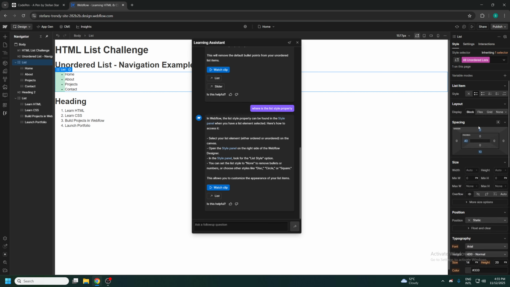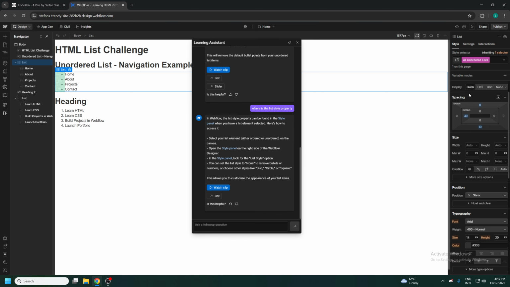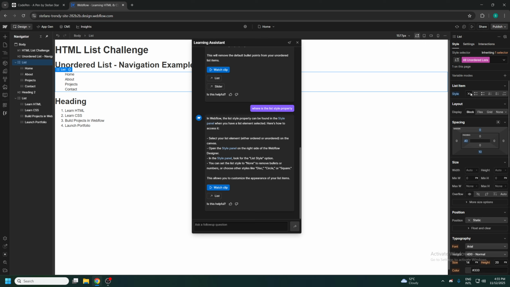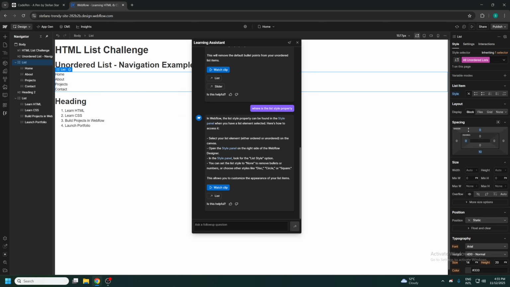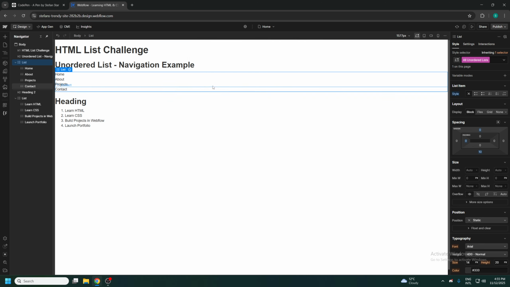Oh, maybe here. Oh, okay, here. You just press this button, and we don't have the dots now. Amazing. We can also remove the padding if we want everything to be on the left. Okay, perfect. Let's press Control and C to be more aligned. Return the padding, and we have